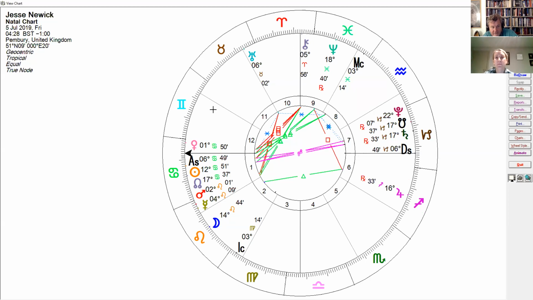You can now include Venus into that collection of planets, and you've got Chiron, Neptune, Uranus, Pluto, Saturn, and Jupiter on this side. So he will be focusing on what he wants, very much so, whilst keeping an eye on how to develop his own career by paying attention to how others